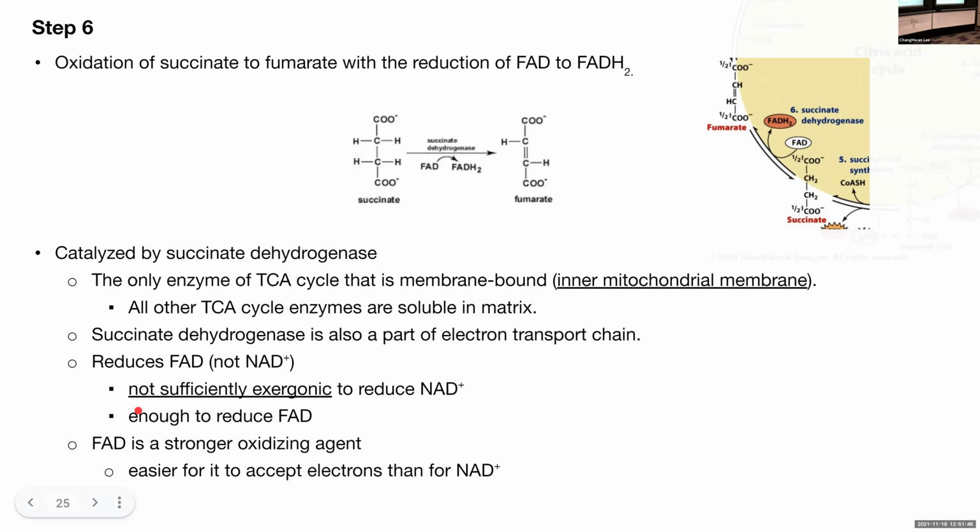And it reduces the FAD to FADH2. So it takes up the two hydrides, meaning that two electrons, just like the NADH. But this is not a sufficiently exergonic process because the